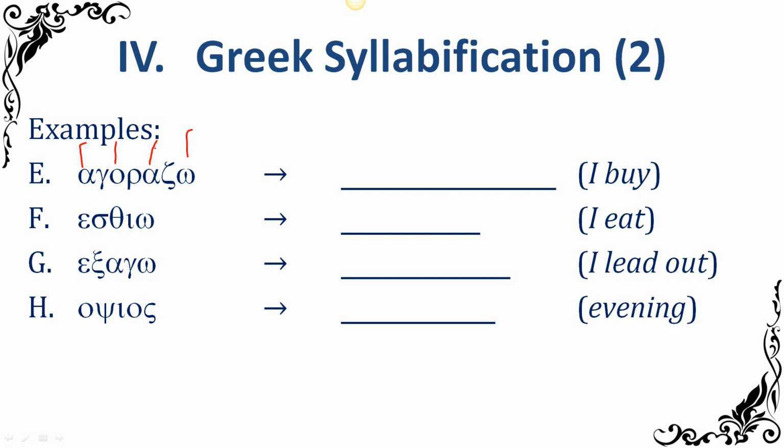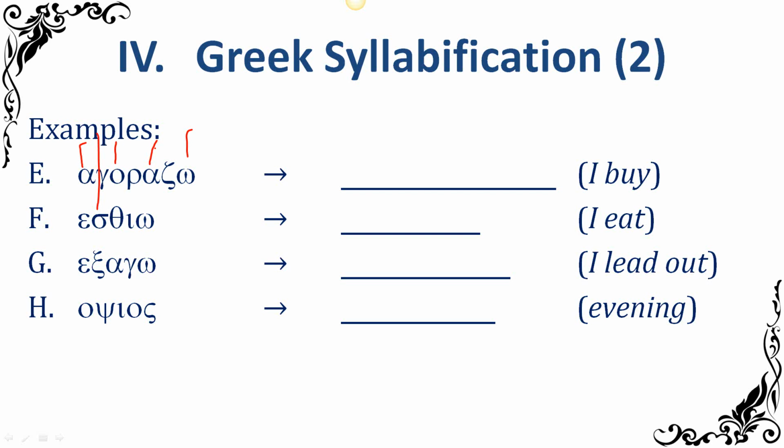Last exception is gamma, one of the double consonants in Greek. Greek has 2 double consonants. Is it one of those? No. The double consonants are either xi or psi, and gamma is not one of those, so we don't worry about it. So is alpha going to get the gamma? No, it is not. So the alpha will be off by itself. So our word is going to start with the syllable ah.